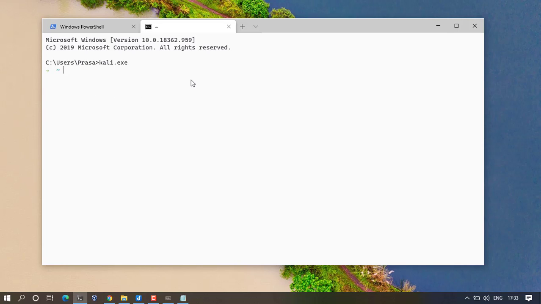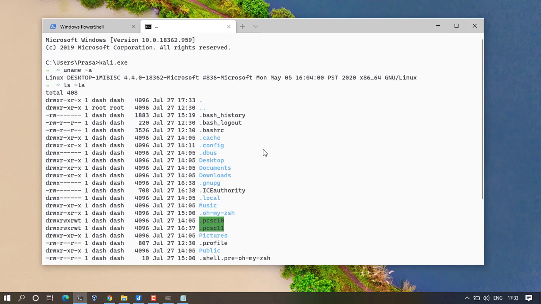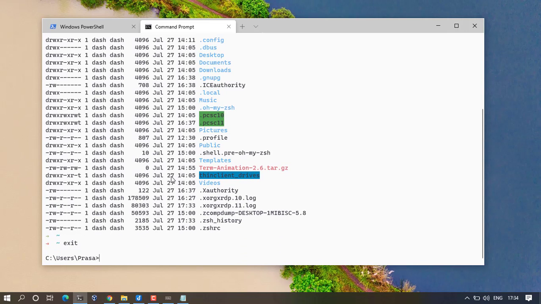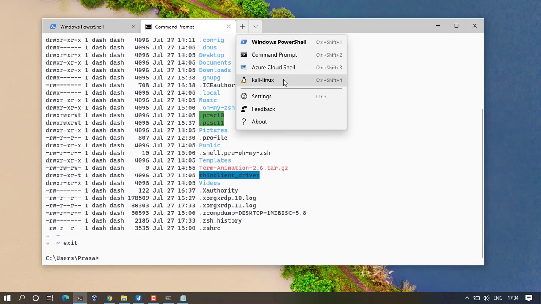And you can see that now I'm into a bash shell, which is Kali Linux, right? uname -a. You can see this is the Linux device. I can run Linux commands like ls -la and so on. So I'm officially into the Kali Linux file system. So what we'll do here is, if I exit, in order to add Kali Linux here,